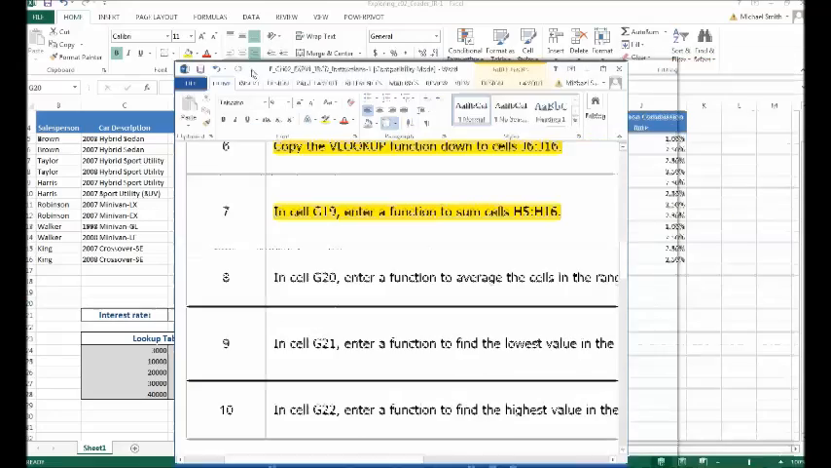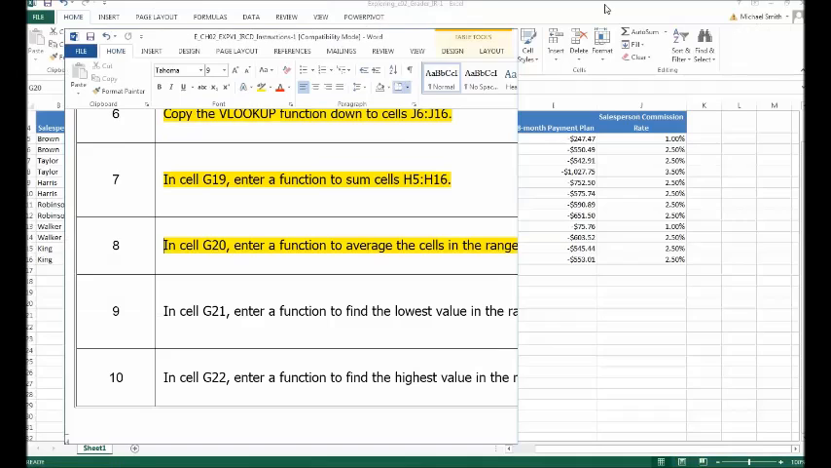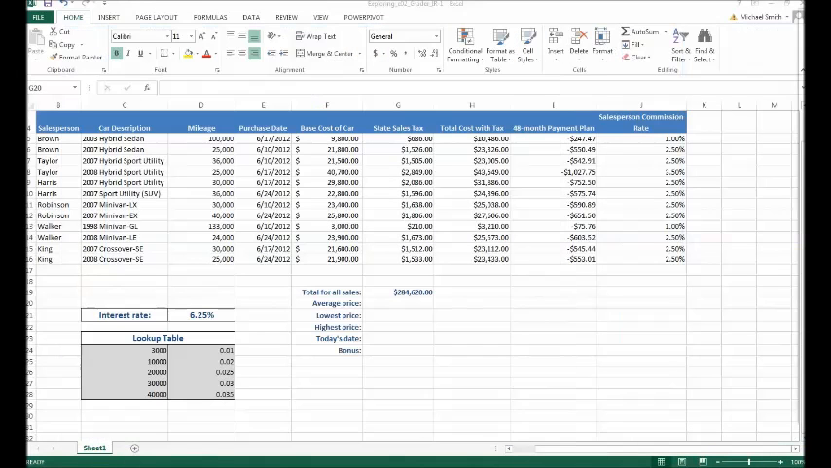Now we're going to start looking up functions. In cell G20, enter a function to average the cells in range H5 through H16. So now we're going to be doing the functions in a little different way. Because, like I mentioned to you, there's no way I can show you how to do all these formulas and functions, and so I'm going to show you how to look some up, okay? So,